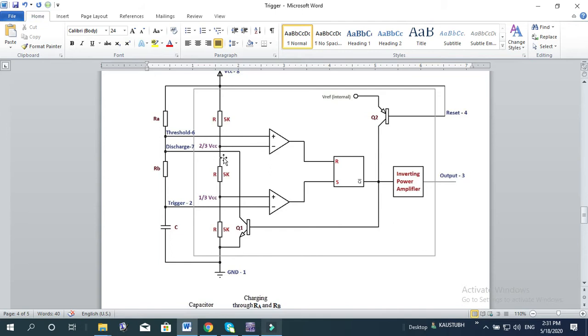However, as soon as the voltage across the capacitor equals 2/3 of the VCC, comparator 1 triggers the flip-flop. It triggers the R input of the flip-flop. Since R becomes 1, because the capacitor has reached 2/3 of the VCC,